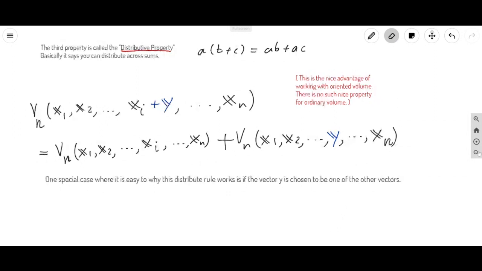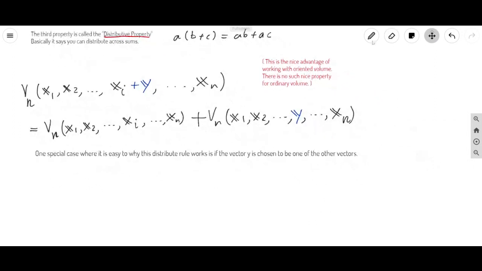So let's mention this is the very last property. The final property is called, I'm not sure what to call it. Let's call it the unit cube property. It says that if you take the volume form of the standard basis vectors